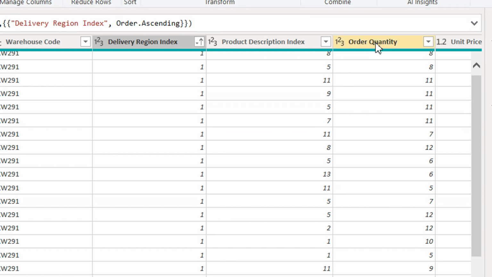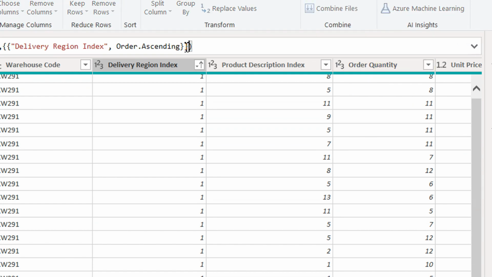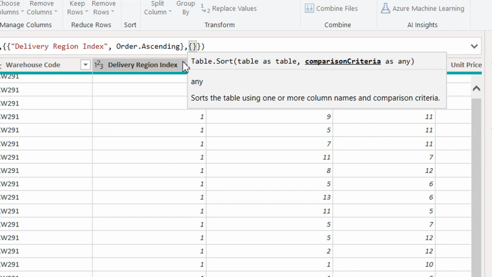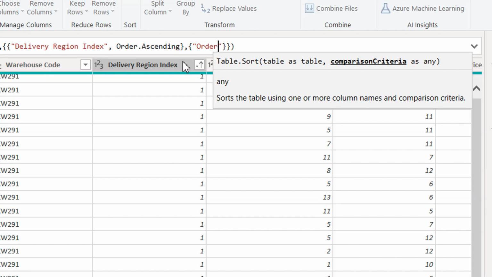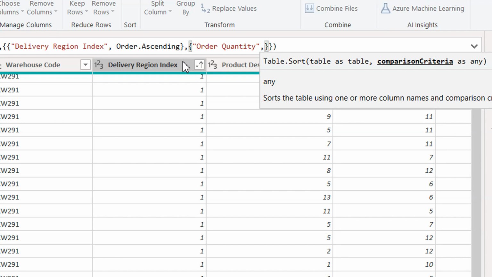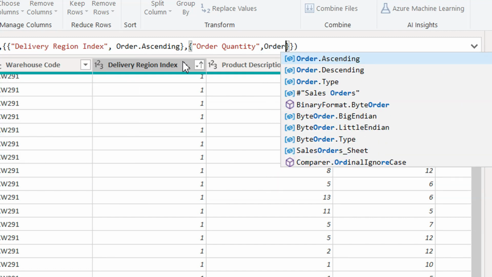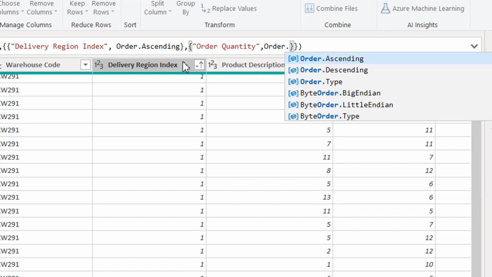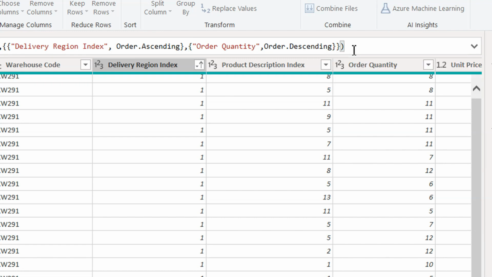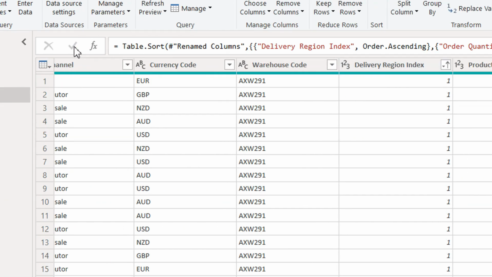So this is the name, right? Order Quantity, and we have to write here underscore comma Order Quantity comma, and the function, Order.Descending. Here you can see, that's it. So we need to press enter,